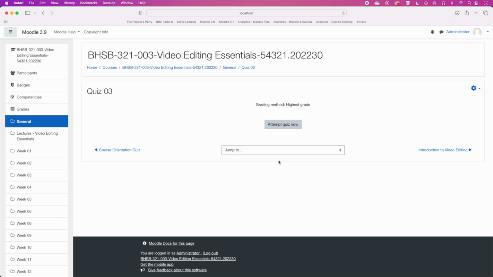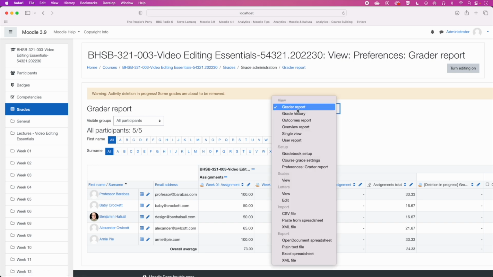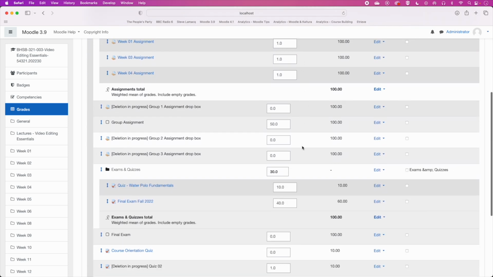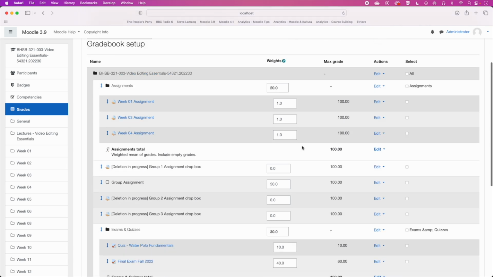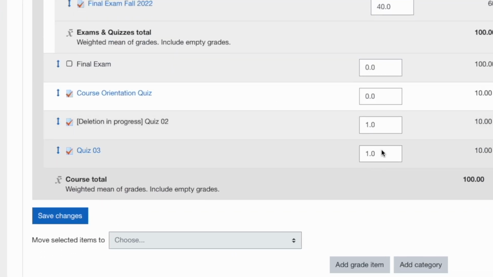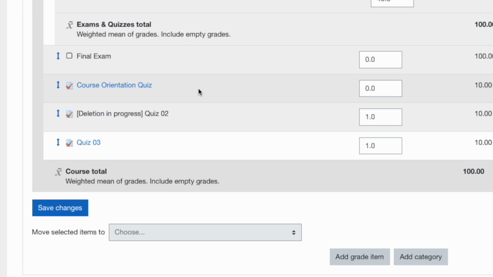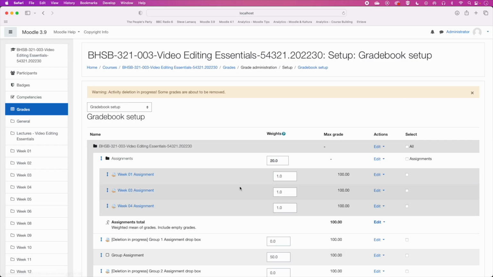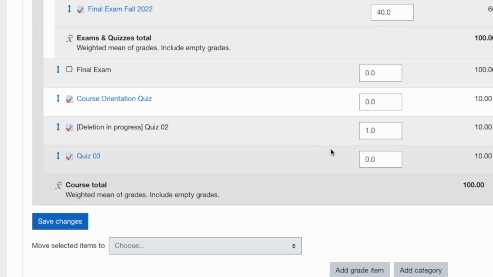And then the other important piece here when we're working with quizzes is that we have a look at our grades and check that our gradebook setup is set up correctly so that the quiz is applying the correct weighting within the course. So you can see when you add a new item, often it will have this 1 for the weighting. So you can see I've got a quiz that I was deleting earlier that obviously I don't need to worry about. But if I wanted this as just a fun quiz for in class, where I don't want students to worry about getting the grade, it's just a learning quiz, I might set that to 0, save the changes, scroll down,